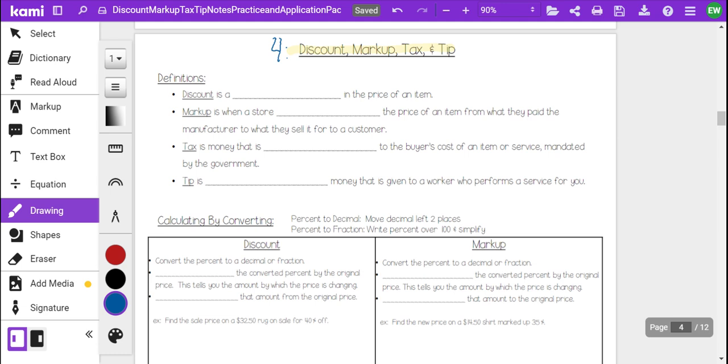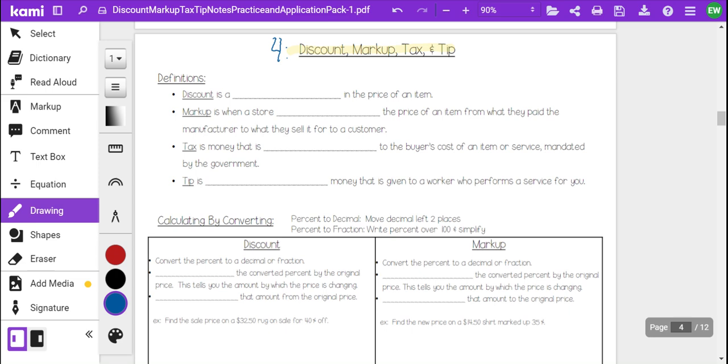Now, discount, markup, tax, and tip are all very applicable to what you may be seeing every day in your life. So a discount is like a sale, right? Markup is how the stores change the cost of an item or the price of an item after they buy it. Tax and tip, you guys have heard of that, and we're going to be referring to sales tax for this, and not income tax at all. Okay, so discount is, since it's a sale,